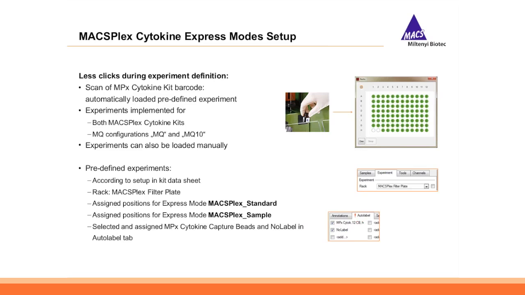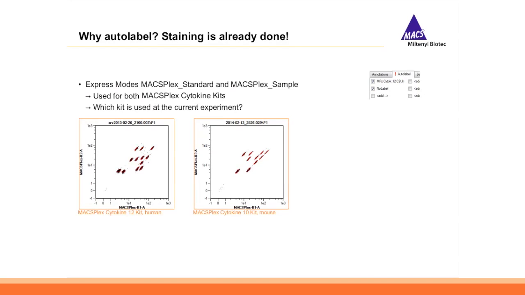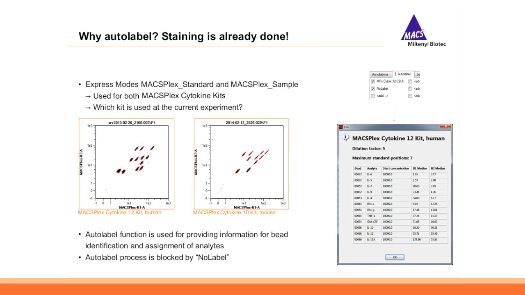I have already stained my whole samples and plates, so why should I use it? There's a reason for this. Because our express modes, MACSPlex Standard and MACSPlex Sample, are used for both MACSPlex Cytokine Kits. And we have to tell the express modes which kit is used in the current experiment, because the express modes need to know how many bead populations they expect for the analysis and which analytes are detected by the bead populations. And therefore, we use this auto label function, because